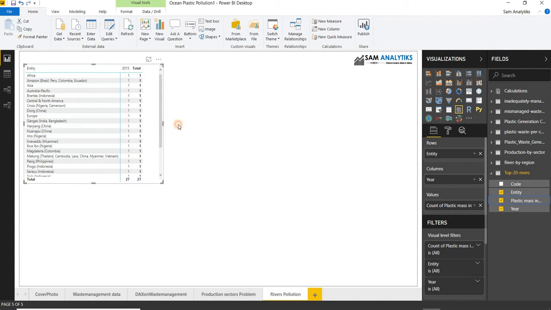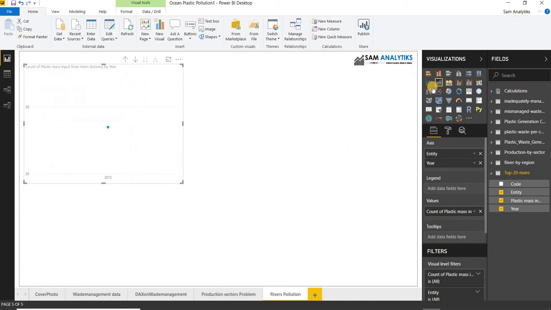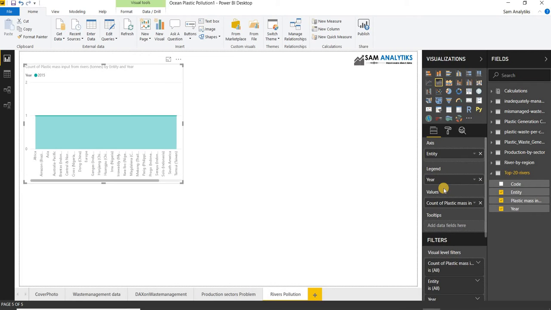And if I do it, I can very well say that if I use the area chart, I can get a 0 dot in here. But the moment I take the year into the legend, the whole scenario will change.